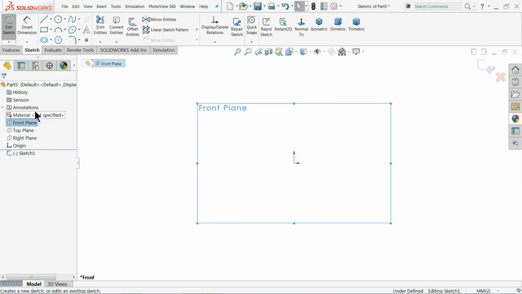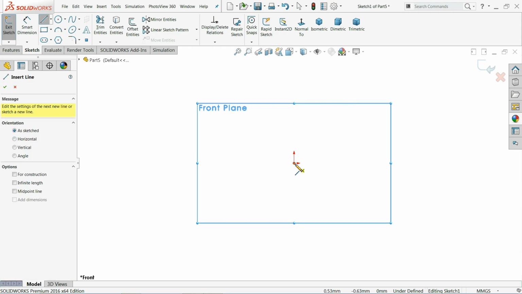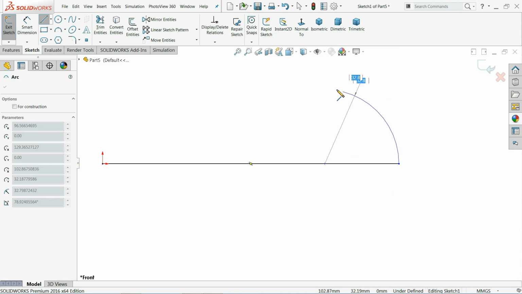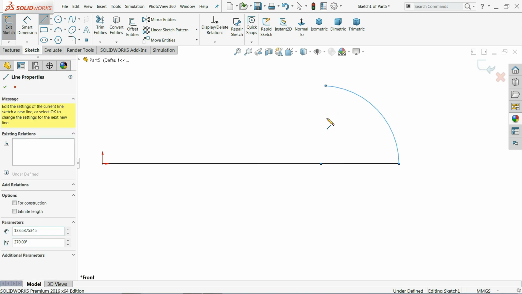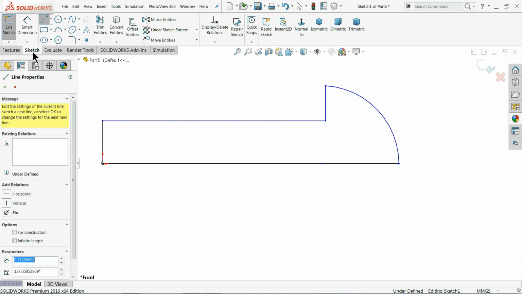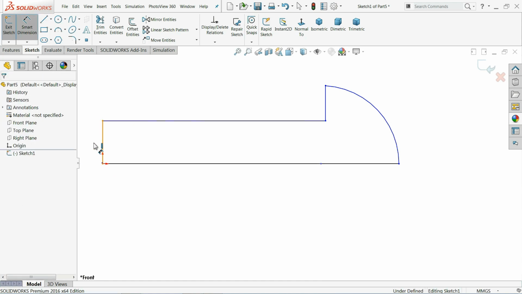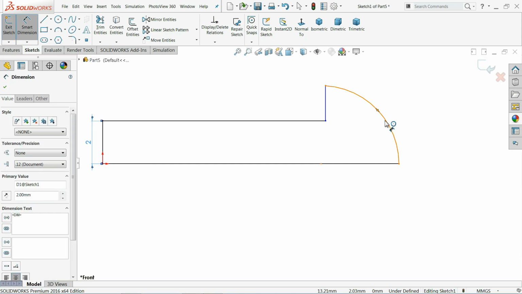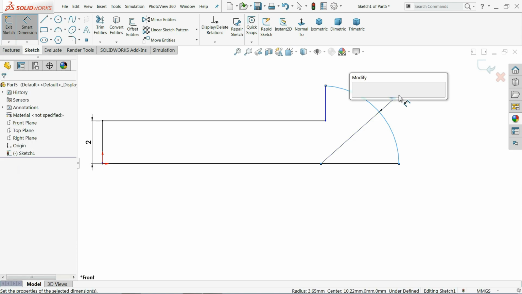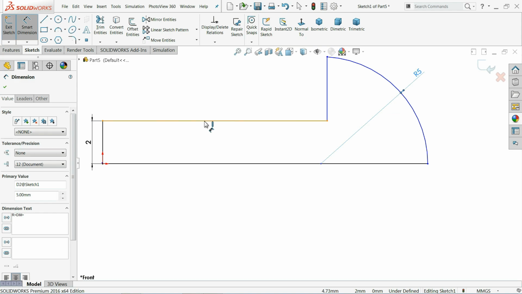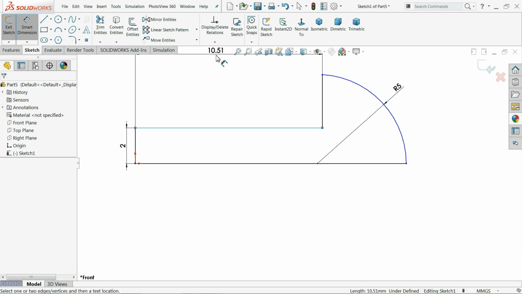Front plane, sketch, and start with line. Go back to the point and see it will automatically convert into an arc. Smart dimension 2 millimeter, five millimeter, 26 millimeter.